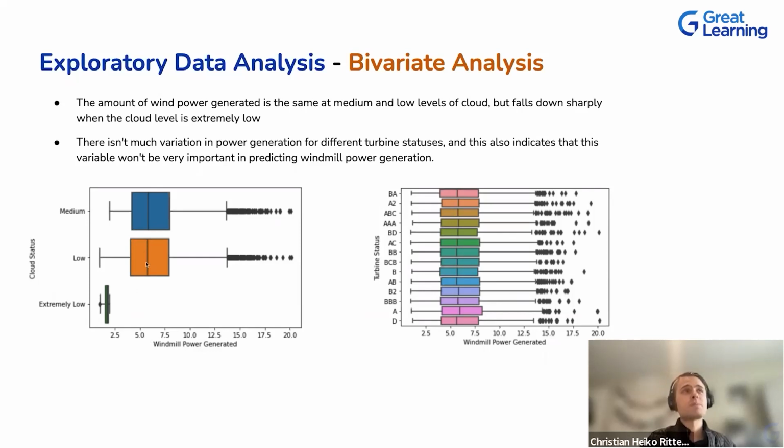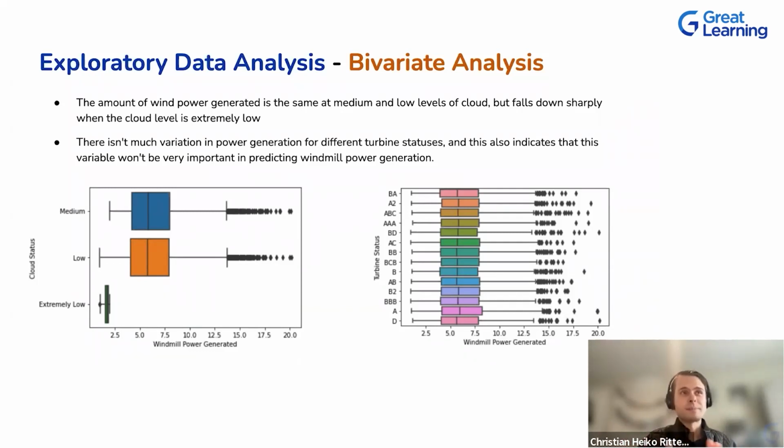Here we have what is called a box plot, where we see the windmill power generated and its range for different cloud status. Something obviously comes to mind here: if we have very little clouds, the power generated seems very low. But if I go to low and medium, I see there's more generation of power. This is an insight I can just visually observe and then create a hypothesis, which is if the